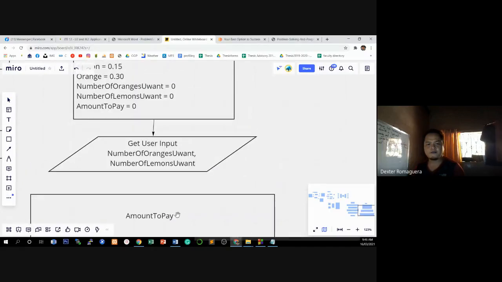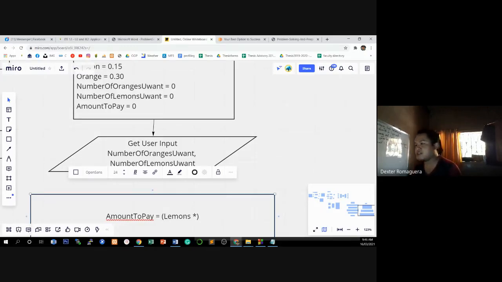So amount to pay is equals to lemons. So magamit ta this time og open and close parenthesis. Lemons times, so ato mang i-multiply kung pila ka lemon yung gusto, di ba? I-multiply na to siya sa current value sa lemon. Lemon times the number of,